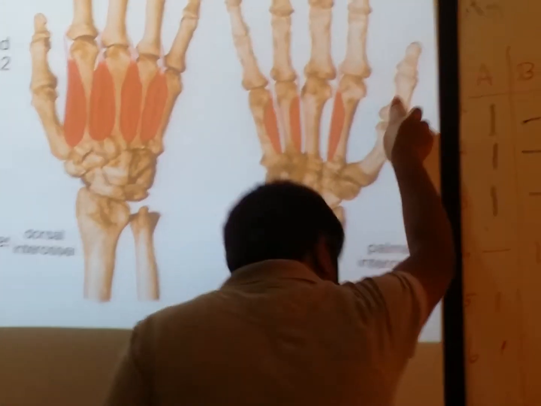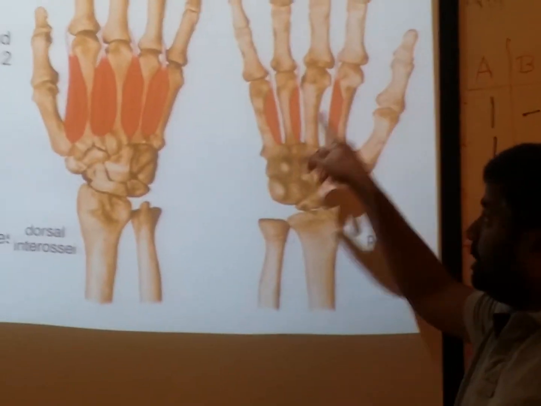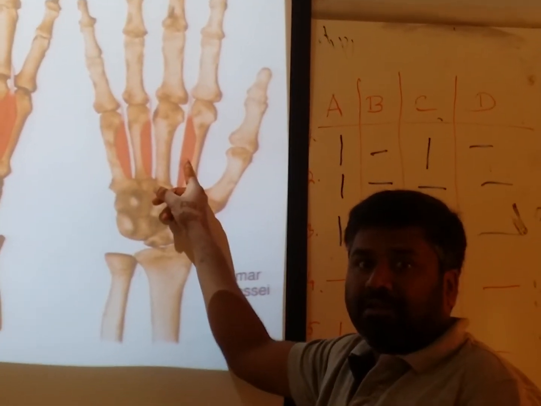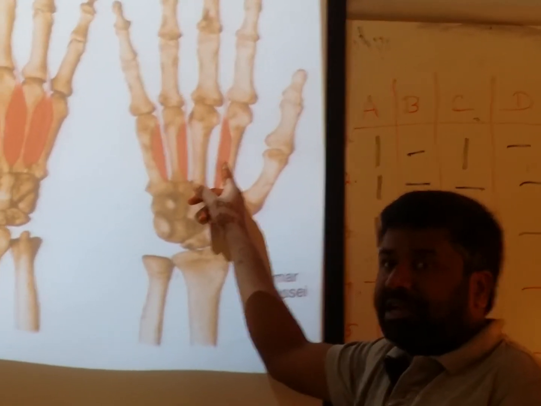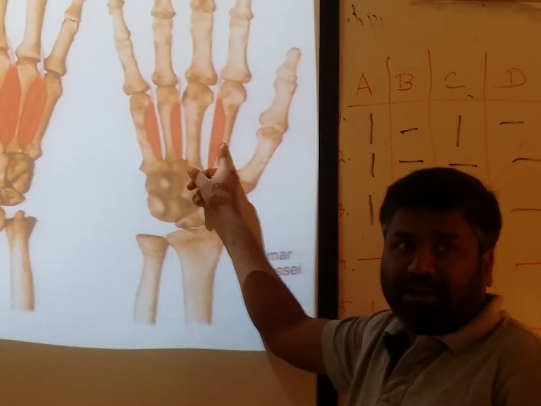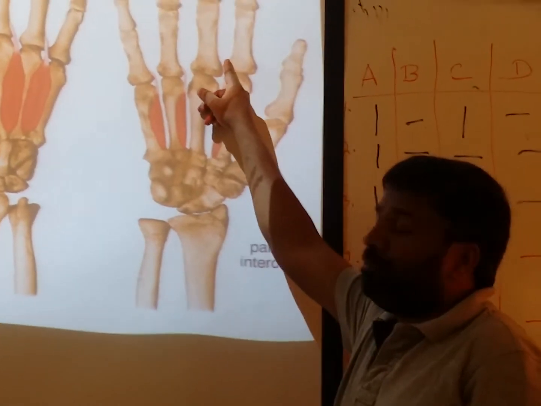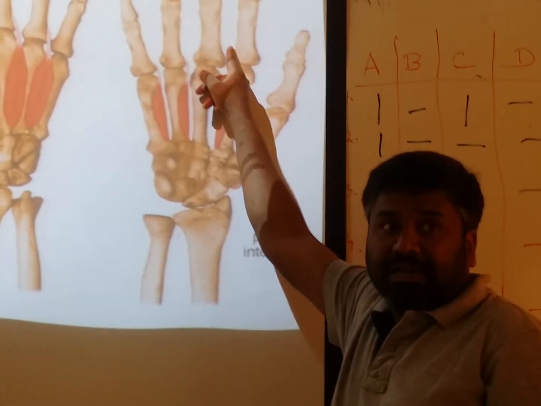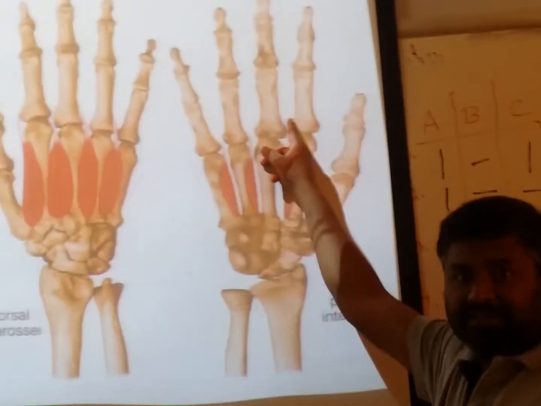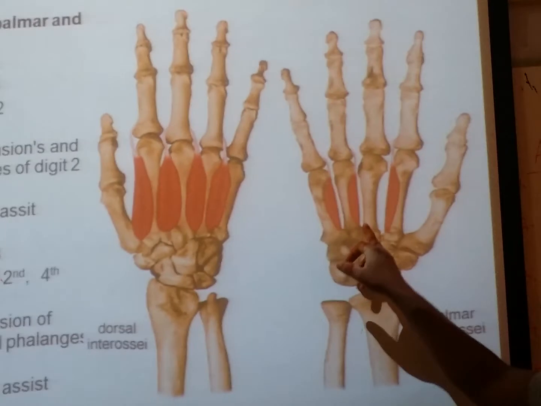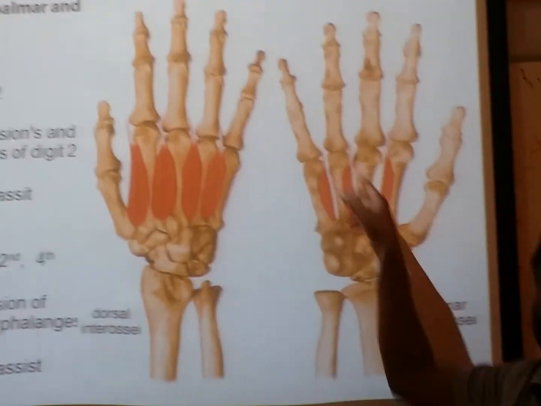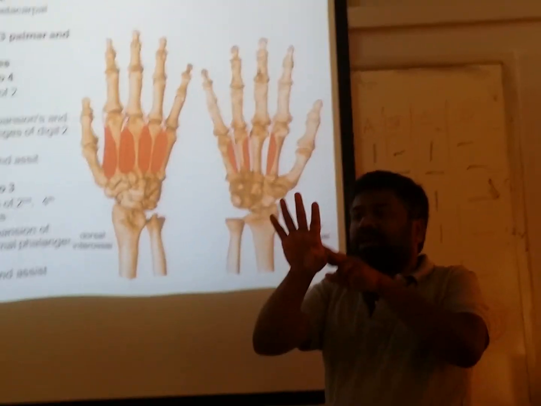See, this is the thumb. Okay. If you follow, this is the thumb. And this is the little finger. First interossei I am talking. First interossei, it is originating from the medial side of the second metacarpal bone and inserting into medial side of the base of the proximal phalanx of the same finger, the index finger. Clear? And the third digit will not have attachment of any palmar interossei because it forms the axis,